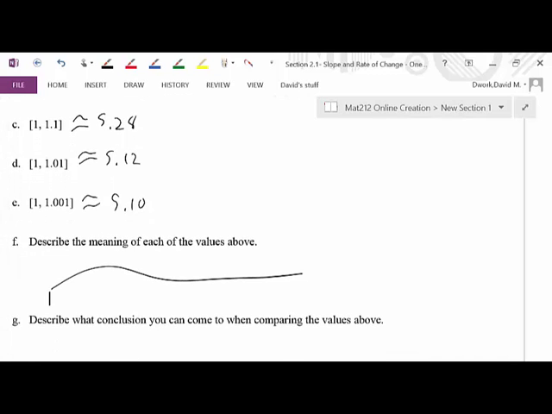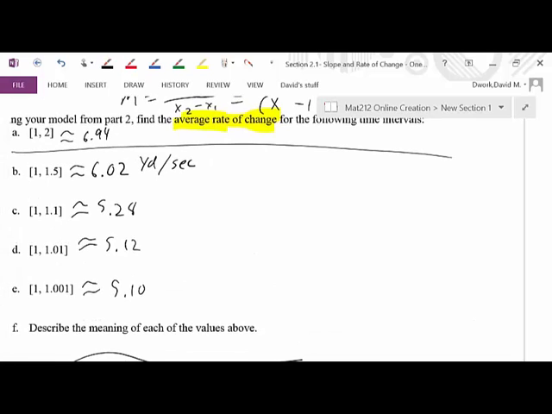So now describe what conclusion you can come to from comparing the values above. Now this is important. You will notice something. There's something very different about how these numbers are progressing from A to E than how the previous problems were. The previous problem had a different goal in mind. Now this one, you'll notice the numbers, instead of getting further apart, are getting closer together. And in fact, they're getting really close together, like really close, like